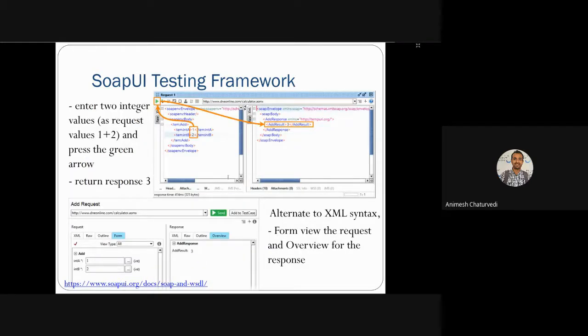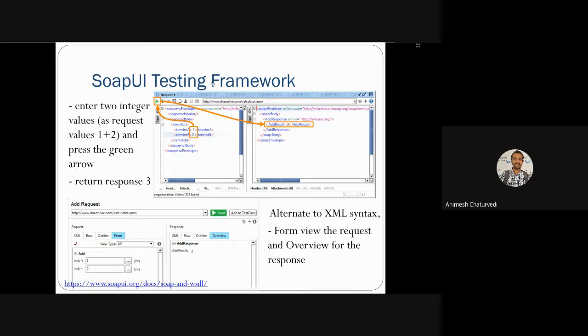I will go into detail on this request. Basically, you enter two integers, one and two: one for int a, two for int b, and you play. On the top left hand side, you have the play button, and you play.